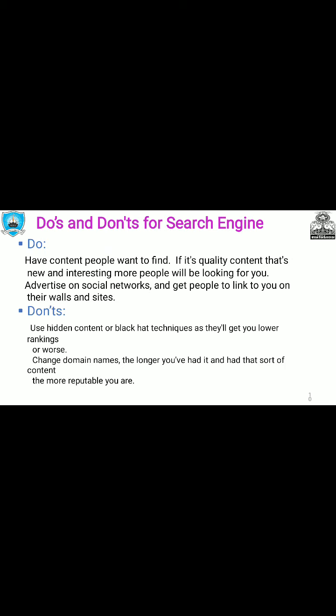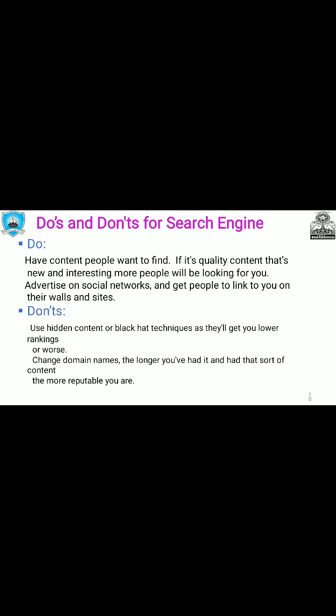Now, let us see the do's and don'ts for the search engine. Now, first of all, let's discuss the do's. Have content people want to find. If it's quality content that's new and interesting, more people will be looking for you.